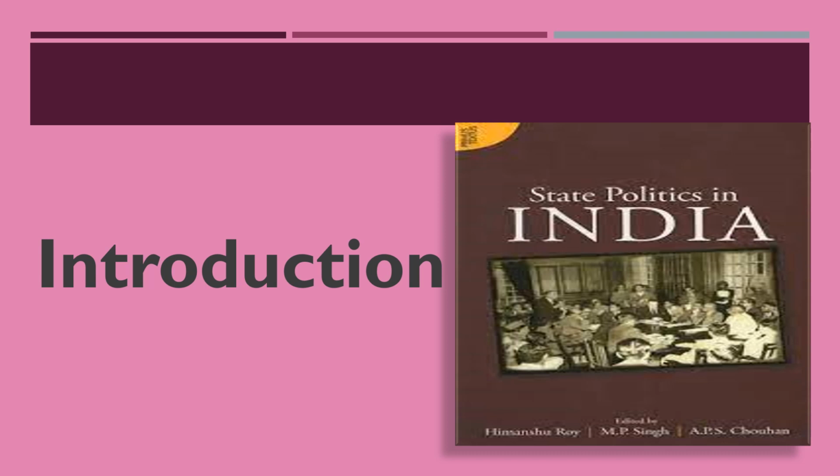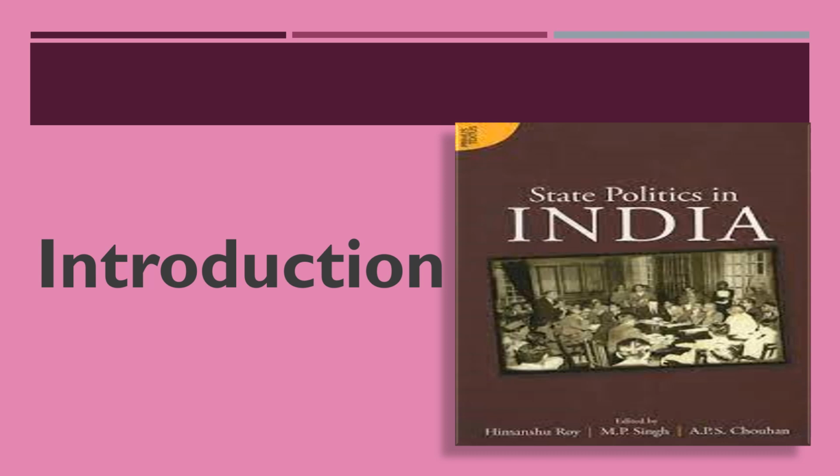The report on the first seminar was published in Asian Survey of June 1961. The papers presented in the seminar of 1964 were published in the first book on State Politics in India, 1968,